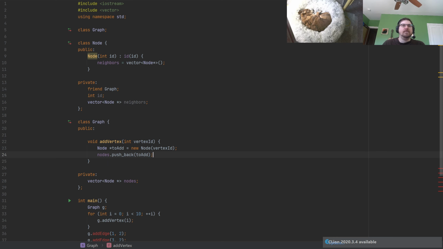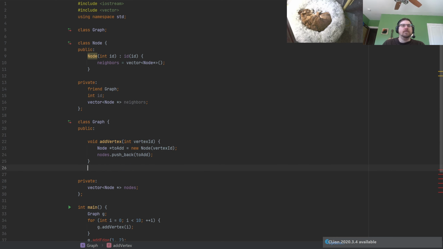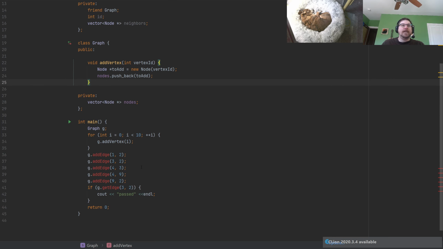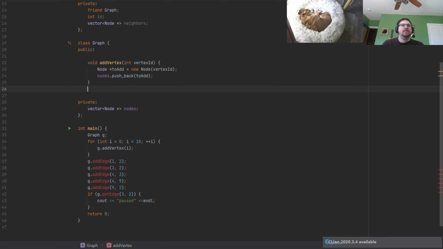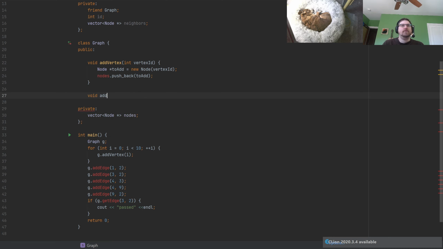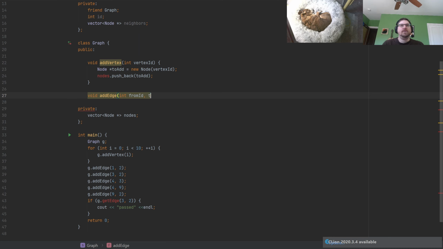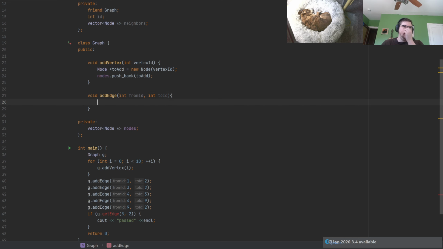All right, nice. So now I should be able to add, those vertices should all go in. Now I have to do an add edge method. Oh no, sorry, from ID to ID. Oops, int to ID. And then we'll do